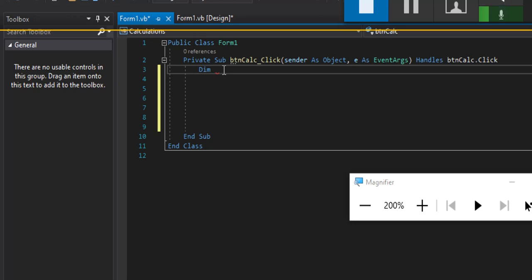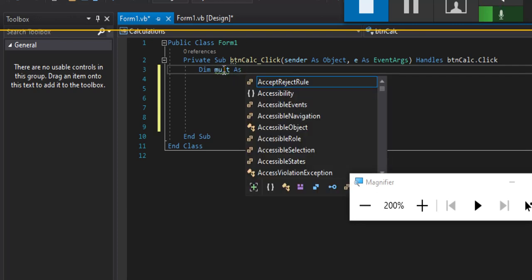I've got a mult, I've got an add, and a subtract, right? So we'll just call it, and you can do all these at once too if you want. Mult, we could say add, we could do several at once. I kind of personally prefer just to do it in one go